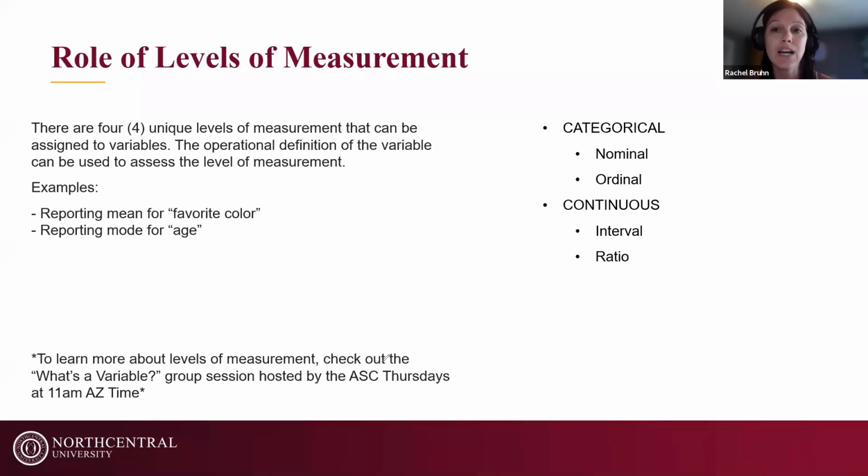So I wanted to talk about the roles of level of measurement. So I touched on this when I was talking about those measures of central tendency and trying to choose the appropriate ones based on the level of measurement. So we're going to talk about these levels of measurement just a little bit. So as I mentioned, categorical, continuous, that's usually where I start. And on a very basic level, I just think categorical is words. So if I have words or groups, it's probably a categorical level of measurement. If I have numbers, it's probably continuous. And then from there, I can break it down into nominal and ordinal.